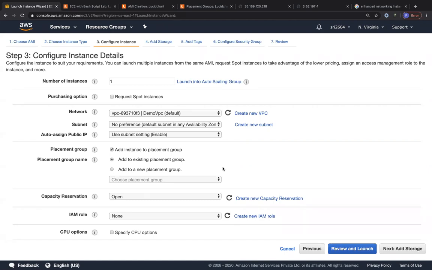So over there also you reduce the likelihood of failure, and you use it for distributed workloads like HBase or Hadoop or Cassandra related workloads, where you want that kind of capacity. So you place everything within a partition placement group. And while you create the partition placement group, always remember to specify the number of partitions.